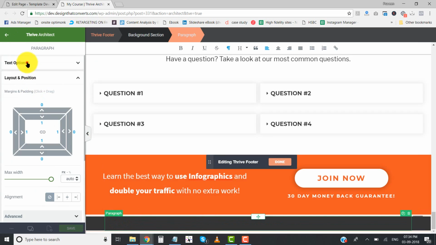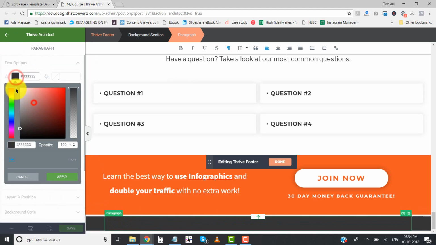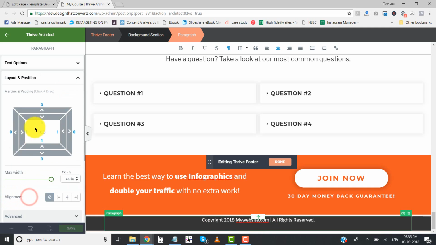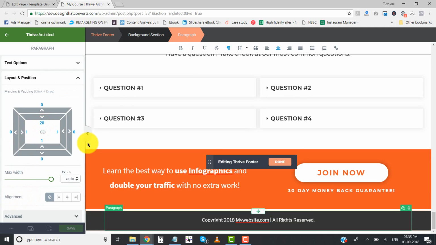So in the paragraph options, we are going to text options, make it white, make it centered, and type copyright 2018 mywebsite.com, all rights reserved. All right, after that we are going to go to the layout and positions and give it a top 20, so that it will look like it is in the center. All right, and then click on done,